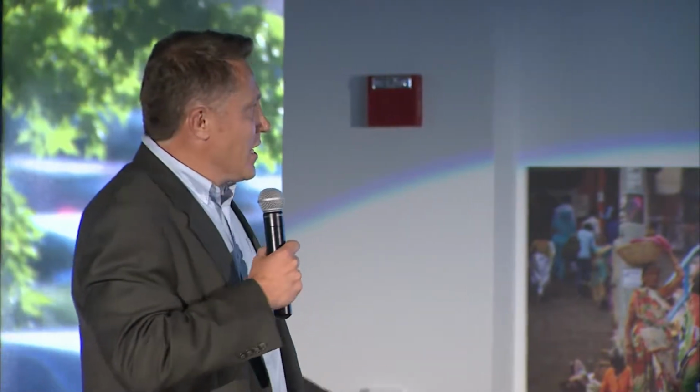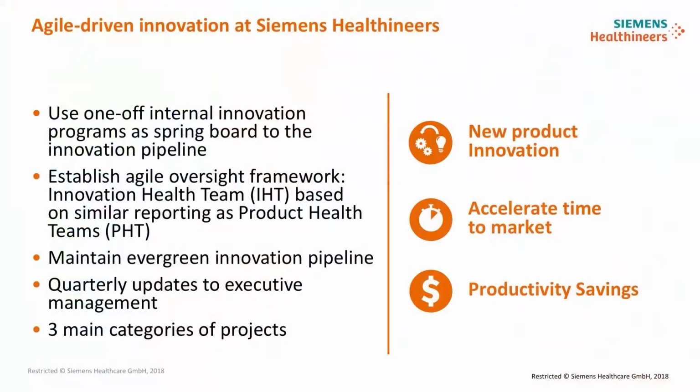So we had innovation programs in the past where a lot of really good ideas were generated, but we struggled to execute on those ideas because day-to-day activities and requirements sort of got in the way. But nonetheless, we had good ideas we could use as a springboard into this new group. And we established this oversight framework. We called it the IHT, or Innovation Health Team, which was a convenient way for us to position what this group would be doing in the organization, because we already had PHT, or product health teams, whose functioning was well understood. We said we would maintain an evergreen innovation pipeline, we'd do quarterly updates to the management,